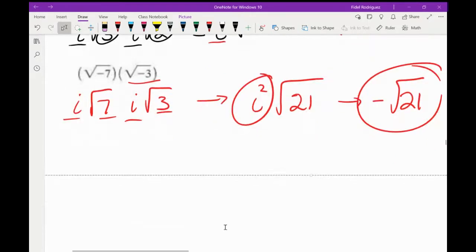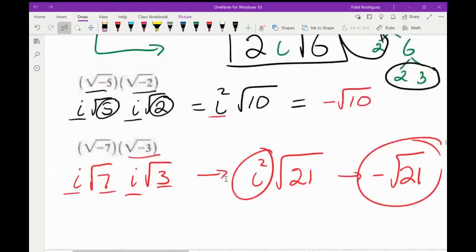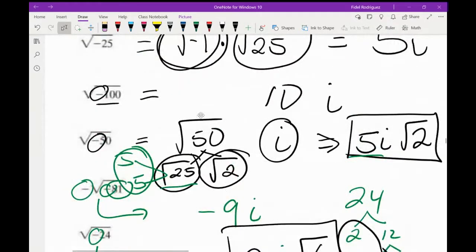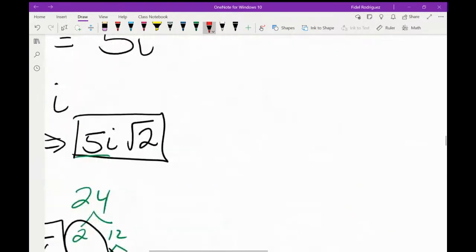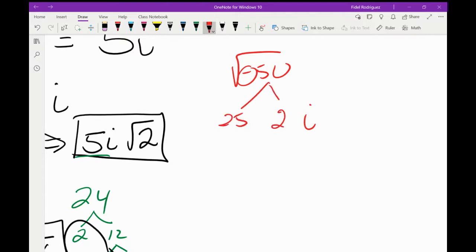All right, so let's keep going along here a little bit. Okay, so at the beginning, how come you only branched out some numbers but not others? So let's see. Anthony, were you referring to this one right here? The 50 one? Yeah, okay. So excellent question. So remember, like I said, remember what it is we're doing. We're trying to break down the square root of 50. So think about it this way. When we had the square root of negative 50, right? The way I did it is I said, well, look, there's a negative, so let's write down the i. And then I said 50 was 25 and 2.